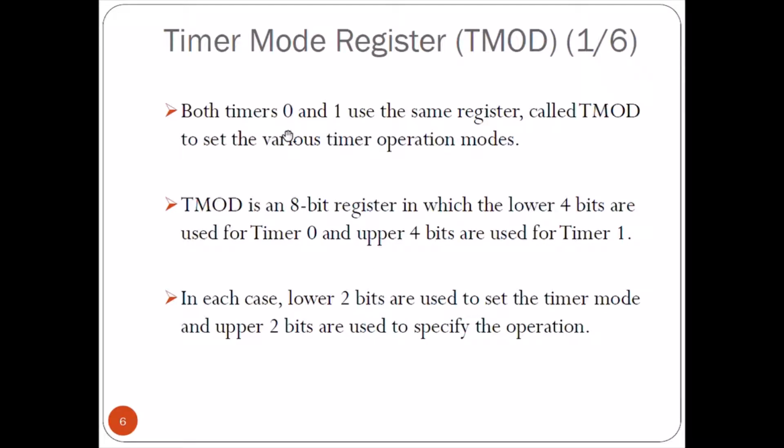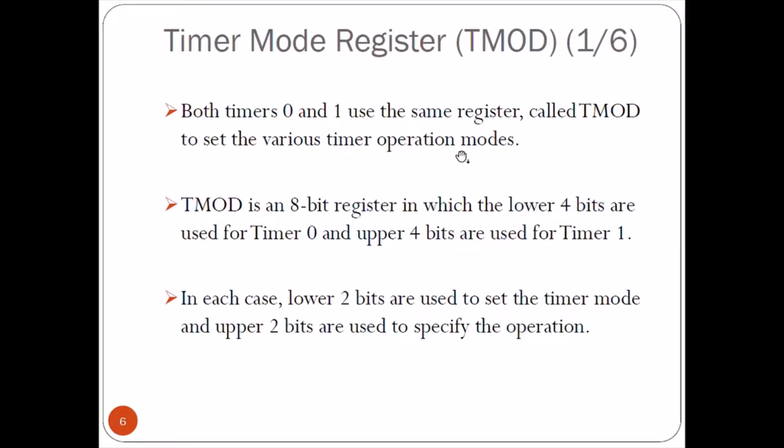Both timers 0 and 1 use the same register TMOD to set various timer operation modes. So we have 4 timer operation modes and we will see how they are used. TMOD is an 8-bit register in which the lower 4 bits are used for timer 0, upper 4 bits are used for timer 1. So TMOD, like any other register, is again an 8-bit register which is used to control the